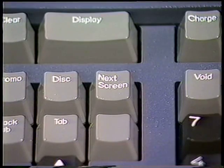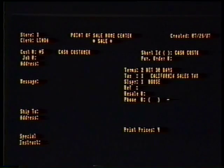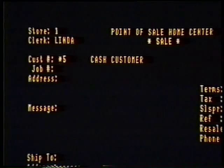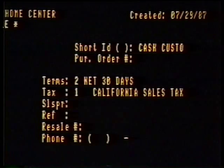To create an order, you have to begin at the big header screen. So press Next Screen to go from the posting screen to the big header screen. Display the customer's account on the header screen. You can call up the account either by entering the customer's account number or by moving the cursor to the short ID field. Type a C for customer in the parentheses,